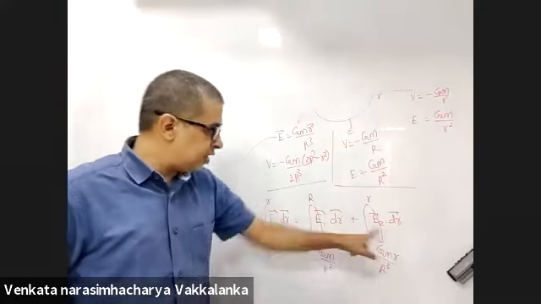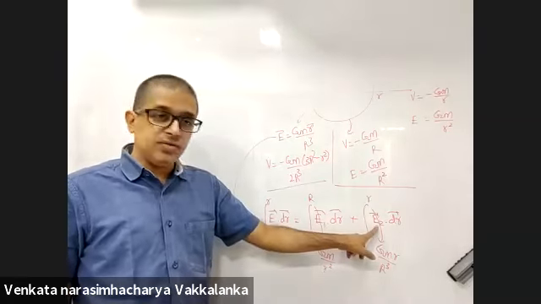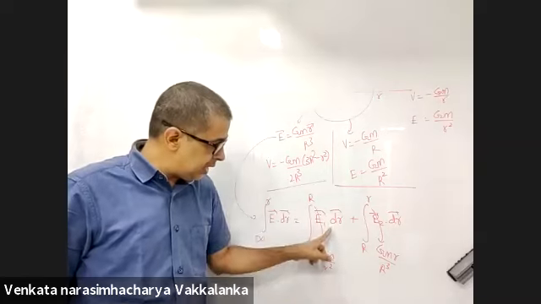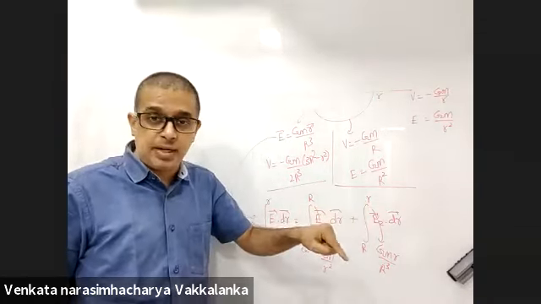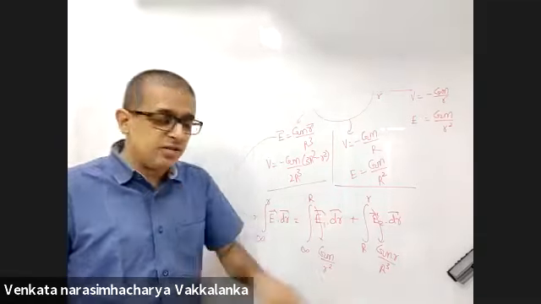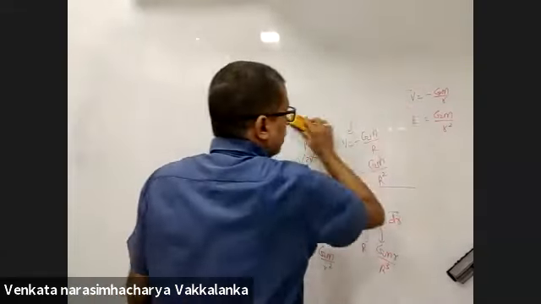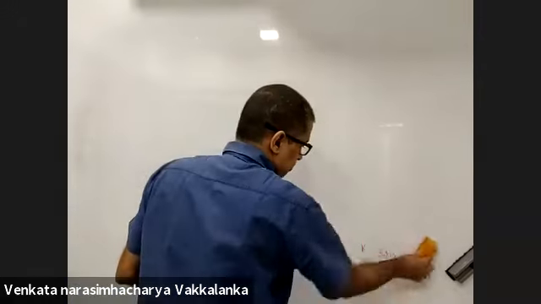And this point, is it clear? Field outside the sphere is different, field inside the sphere is different. So infinity to capital R, you will integrate separately, capital R to small r, you will integrate separately. And why are you not getting the negative sign? Because dr is negative. Technically, in both the expressions, I should carry dr to be negative. r is decreasing.